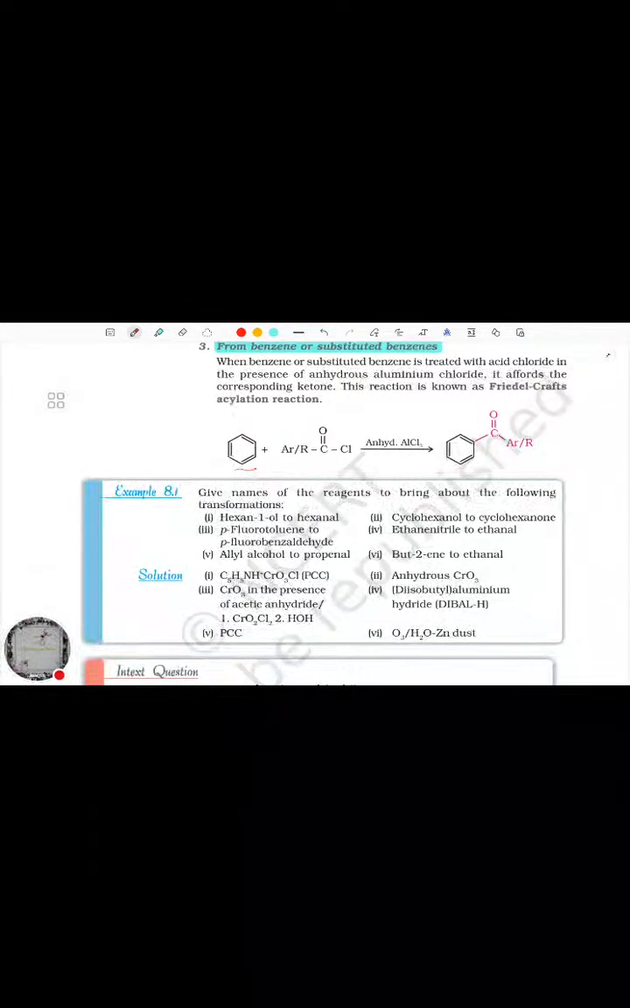ethane nitrile to ethanal, and then we have allyl alcohol to propenal. So basically we have to convert an alcohol to an aldehyde, which means we have to use a mild oxidizing agent, and for this purpose we can use PCC. And then we have